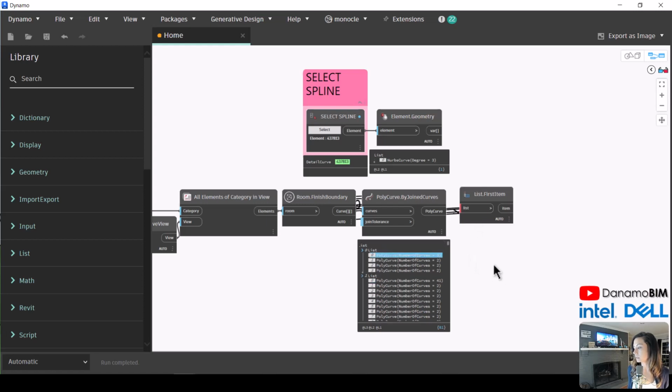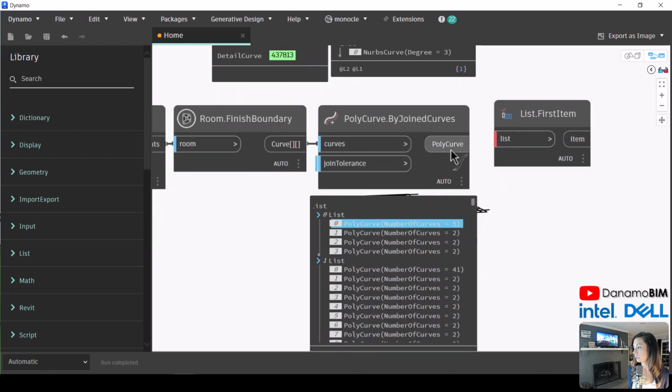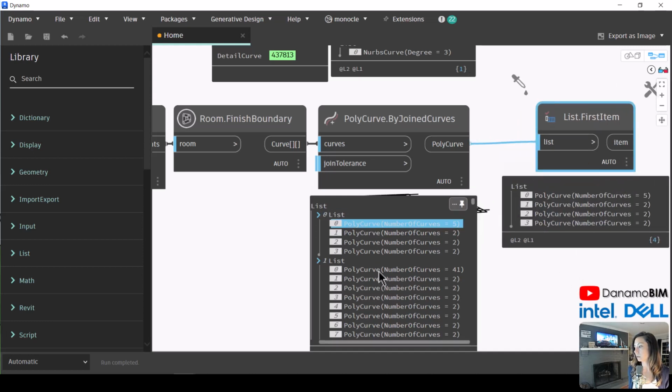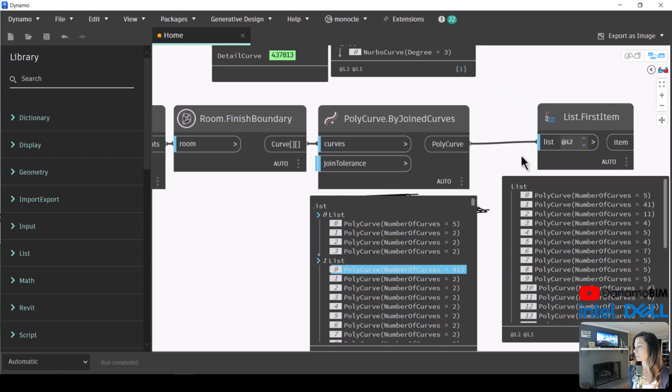Now if I just leave it as first item here, it's actually going to get the first list of lists. So in order to actually get the first item of each list, I'll just need to turn this on to use levels and get the secondary list